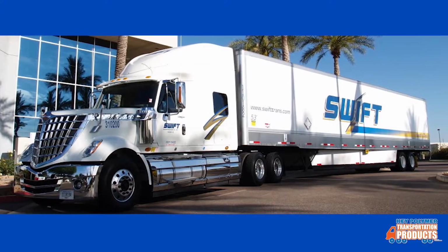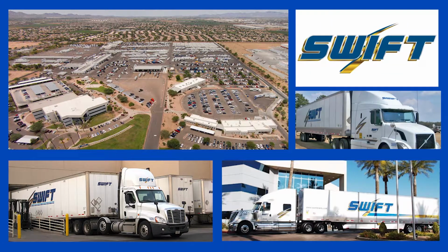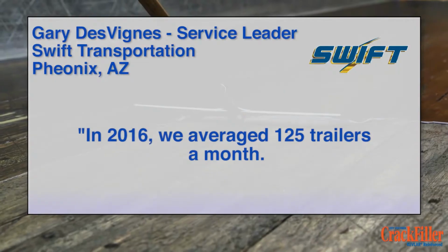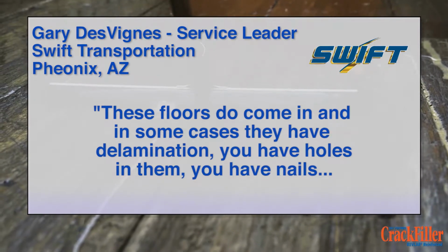Gary Devines, group leader at Swift Transportation's Lewis facility in Phoenix, oversees an ongoing refurbishment program, bringing 125 trailers a month back to new condition. Key crack filler figures in many of these repairs. In 2016, we averaged 125 trailers a month. These floors do come in some cases